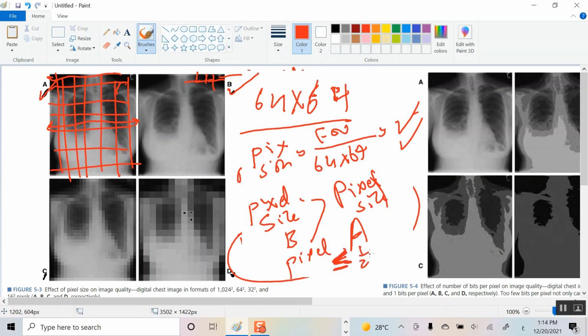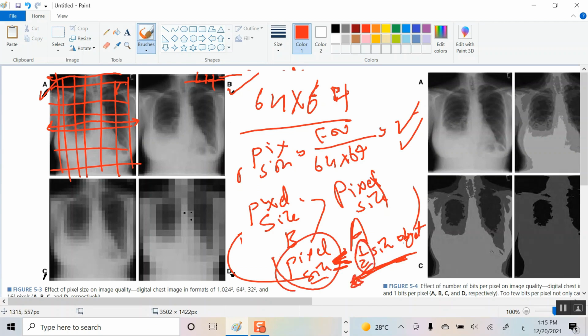This is absolutely essential if you wish to ensure good image quality. If your pixel size increases beyond these critical limits, then unfortunately,